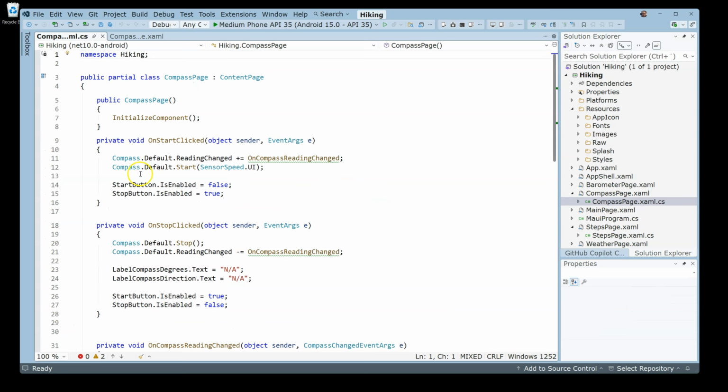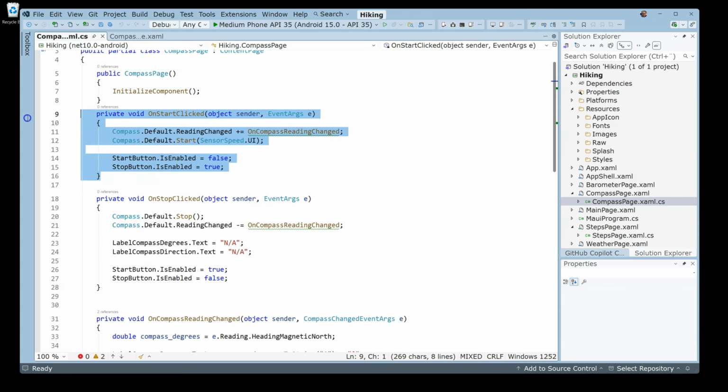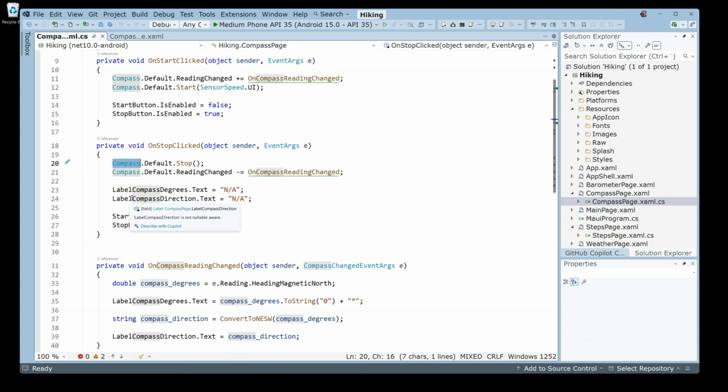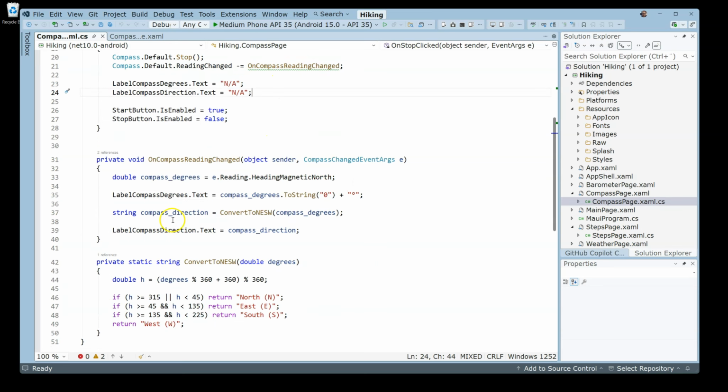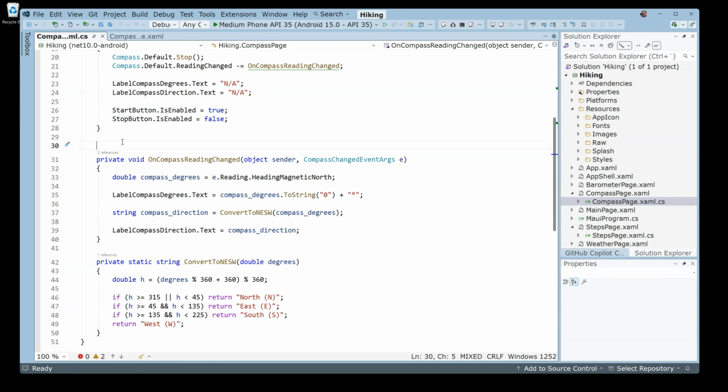It's more or less identical to the barometer page, where you have on start clicked. So instead of barometer, we use the compass object, which is part of .NET, but the code is similar. Here we have the on stop, which is also similar, but we use the compass object instead. And then we have this on compass reading change, which is the event handler that is executed when we get